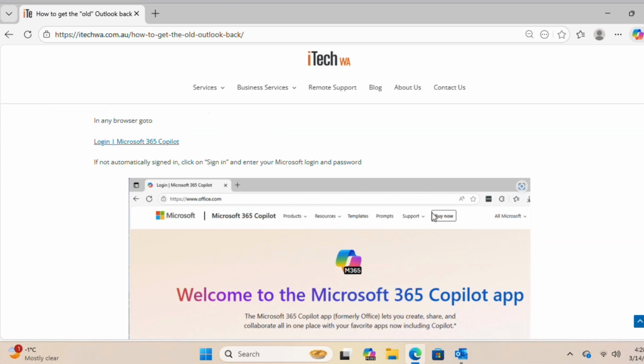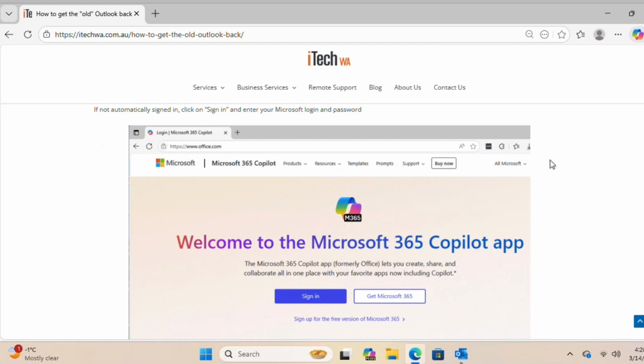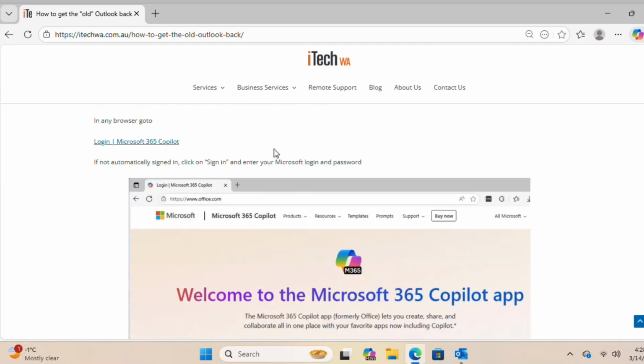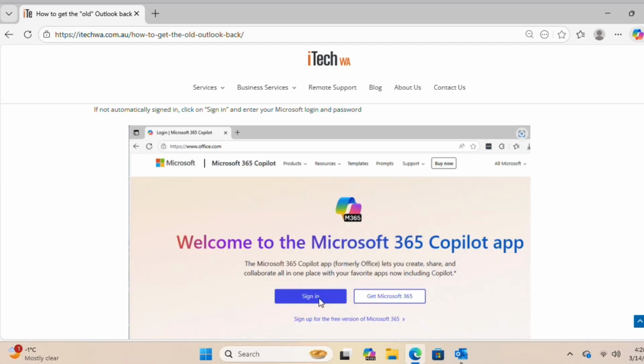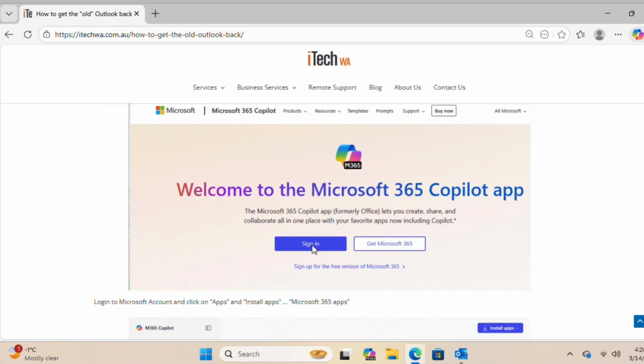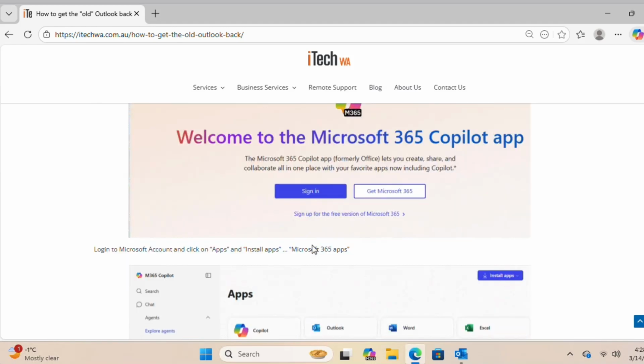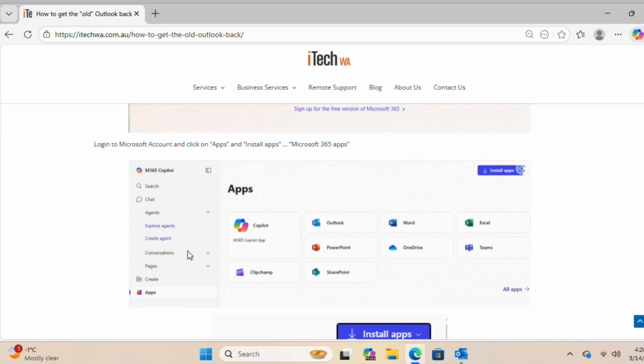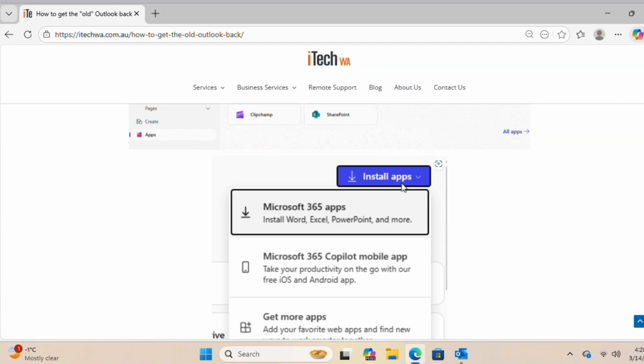Now the third way of installing it is assuming that you have a paid version of Microsoft 365 or Office 2024. So you want to go to click on Login, which is basically office.com. So go to office.com and sign in with the account that has your license. If you're successful, you should end up in this section here. And all we need to do is then click on this button at the top here which says Install Apps. And once you click on that, you'll get this pull down list. You want to select Microsoft 365 apps,